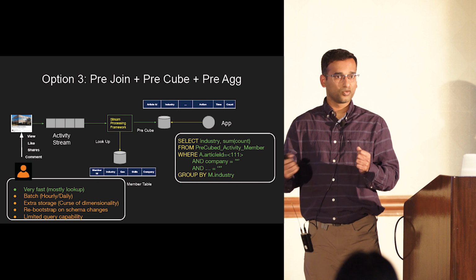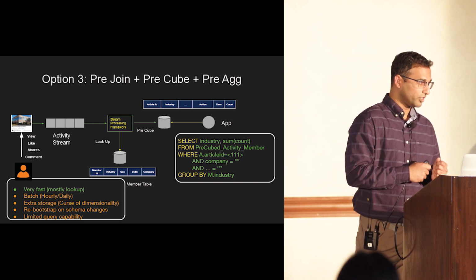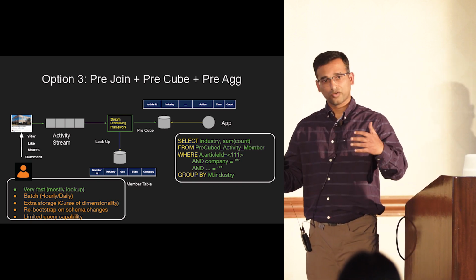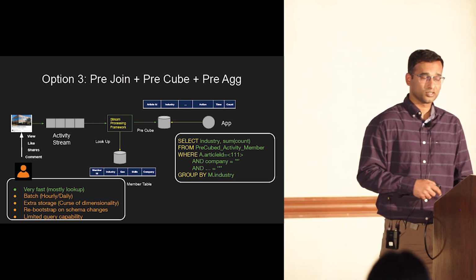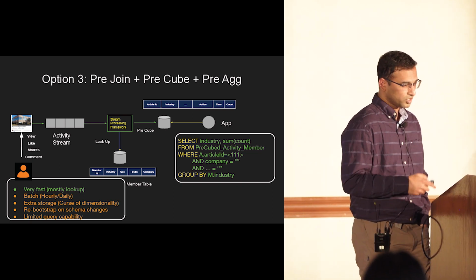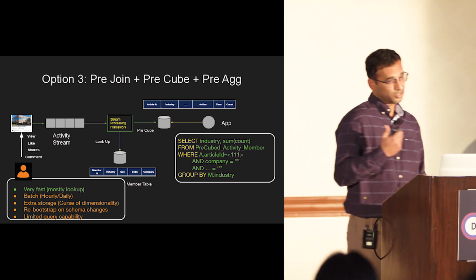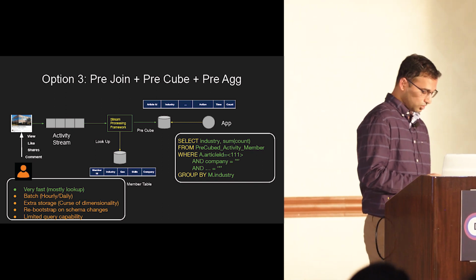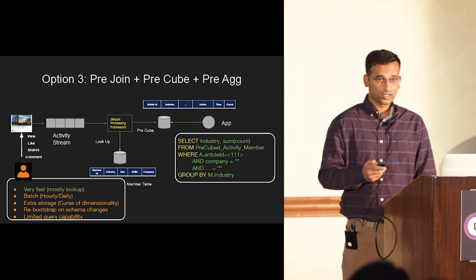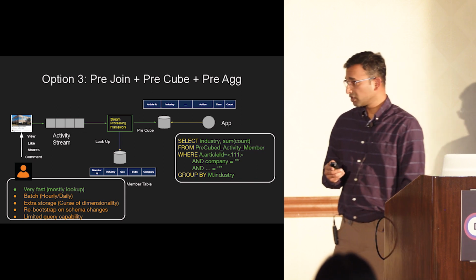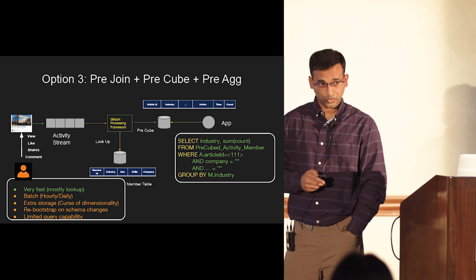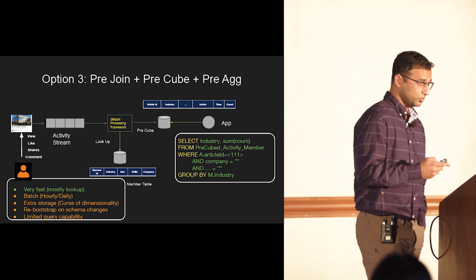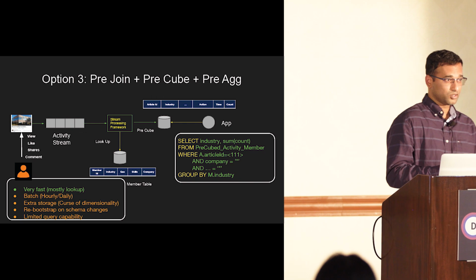You might have one row for the geo, one row for industry, one row for, so you're having a lot of fan out. The problem with this is you are definitely adding a lot more storage. But it's very fast, because most of your lookups are just a single row lookup. So your latency is very good. And this is something that people do use. Kylin, for example, is one of the systems that does the pre-cubing, and it's very fast.